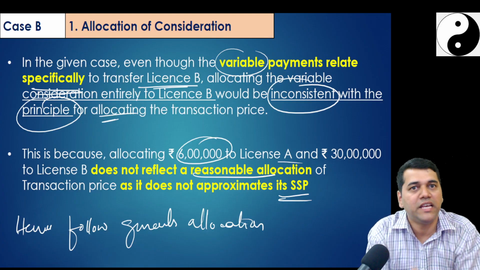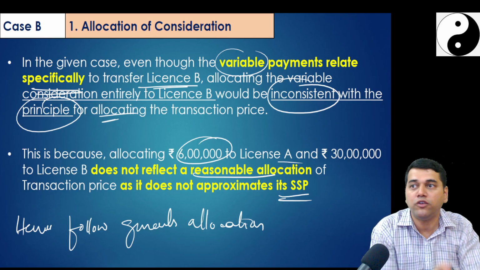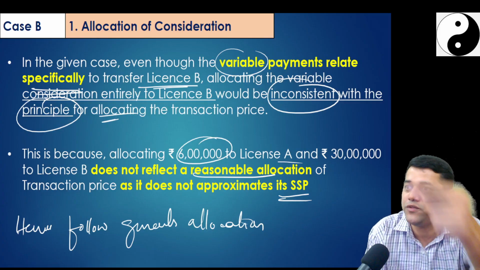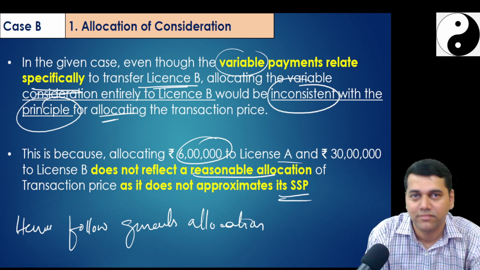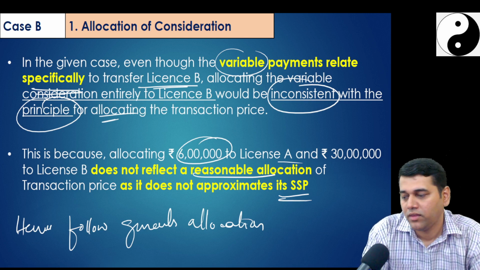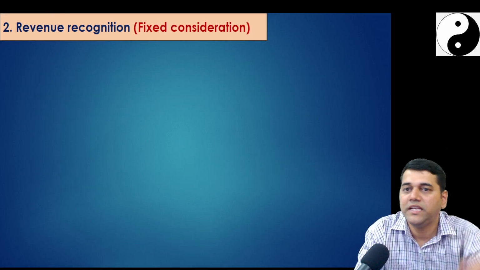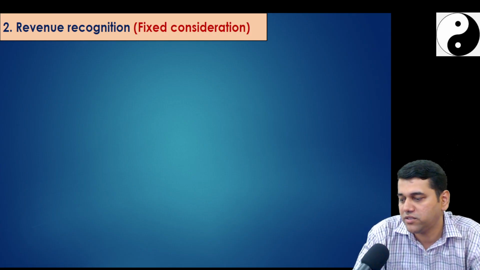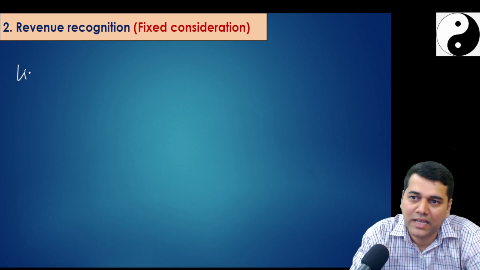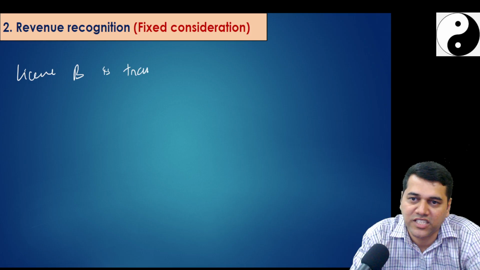Why? That variable is based on the intellectual property right related. If it was for the fixed one, on day 1 only I would have allocated. On transfer of B, I would have recognized. Yes, now we will recognize the revenue. In bracket, you write fixed consideration because now recognition is going to change. So, license B is transferred